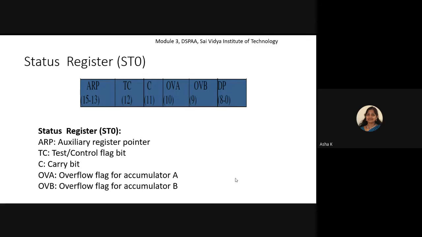When we perform any operation such as multiply and accumulate and there is an overflow from that operation, which we are storing in the accumulator register, there will be a maximum positive number and a maximum, or most negative, number. So if any number appears beyond that, the overflow flag bits will be automatically set. And we have a data memory page pointer. This data memory page pointer is also used with addressing modes.